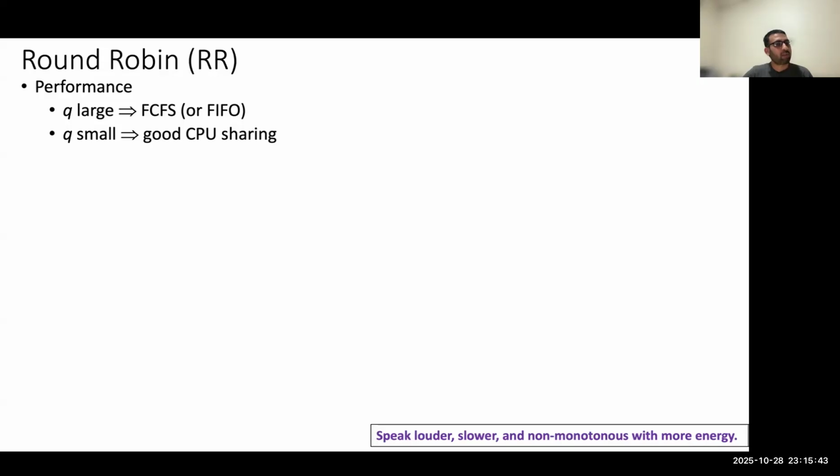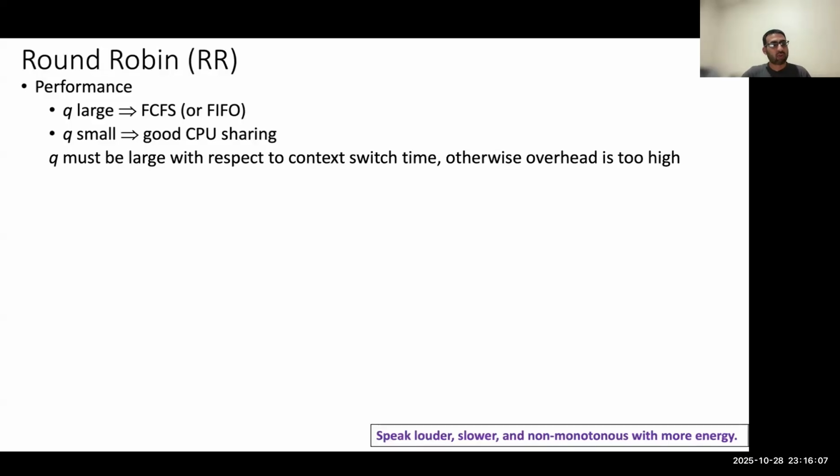If q is small, I am not waiting for A to complete its execution. If let's say q is equal to only 2 time units, then after 2 time units, process A will be kicked out, and the next in the queue, let's say B, will be allowed to run. So there will be good CPU sharing among processes. But if q is very large, the sharing will not be good, in the sense that B, C, and D cannot run unless A has completed its execution. However,